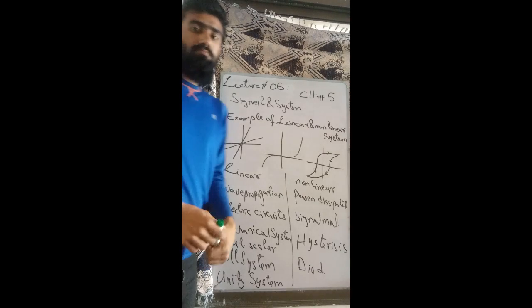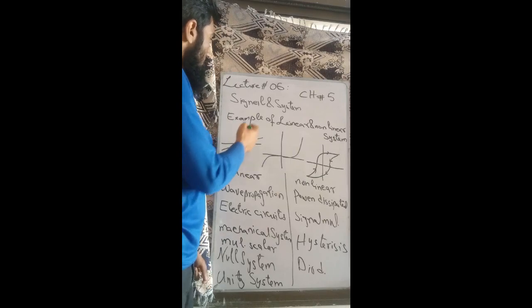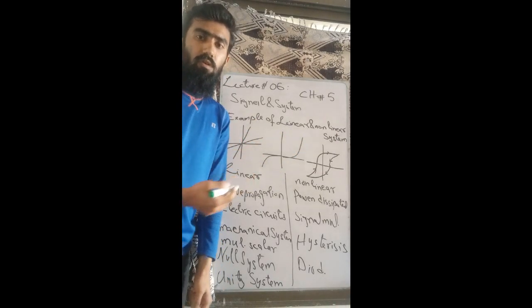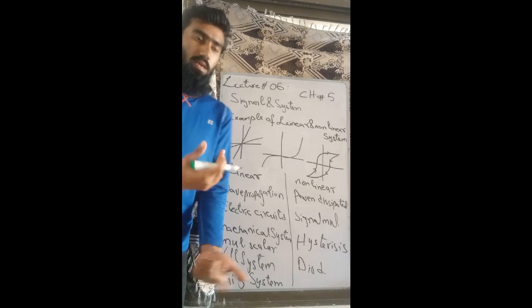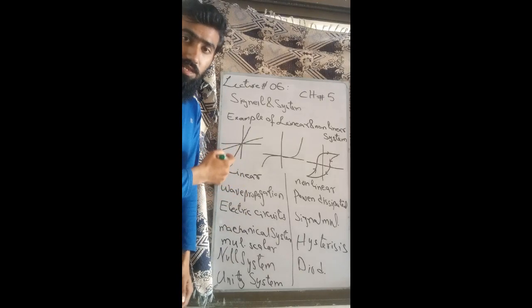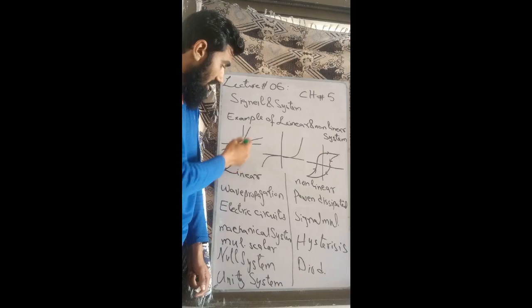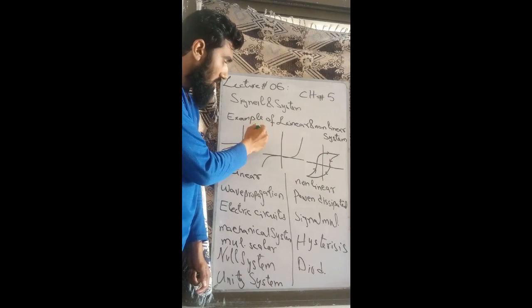Now we will study some examples of linear and non-linear systems. First we will discuss their graphs. How does a linear system look and how does a non-linear system look? If we see the graph of a linear system, it is always a straight line, like this line. This line may be V is equal to IR,